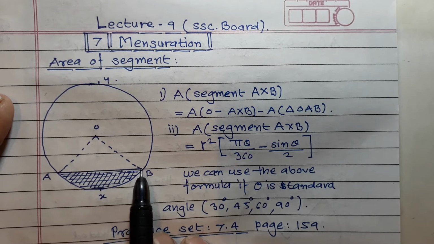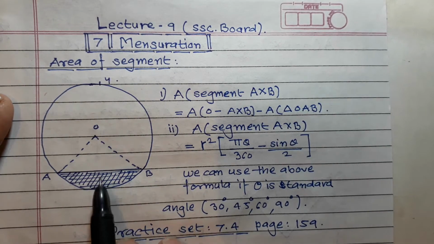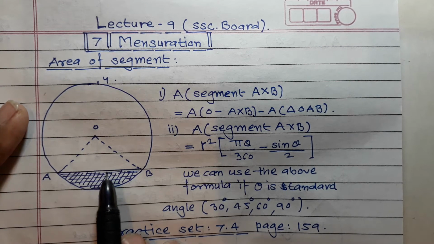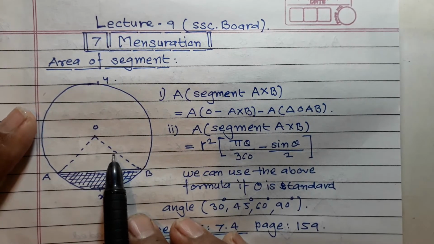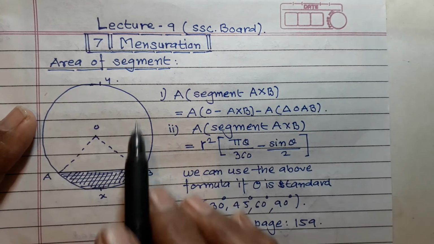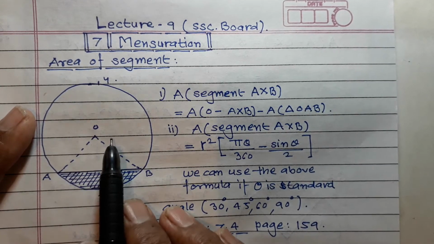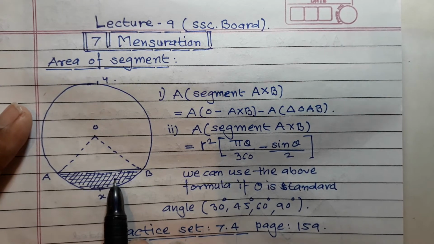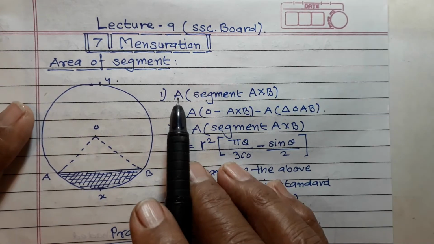But this chord divides this circle into two parts. So the smaller part is called the minor segment, and the larger part is called the major segment. Okay. Now